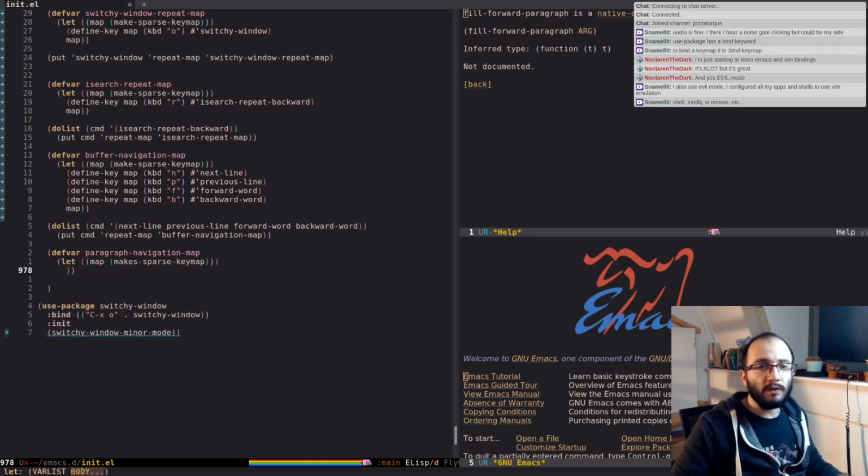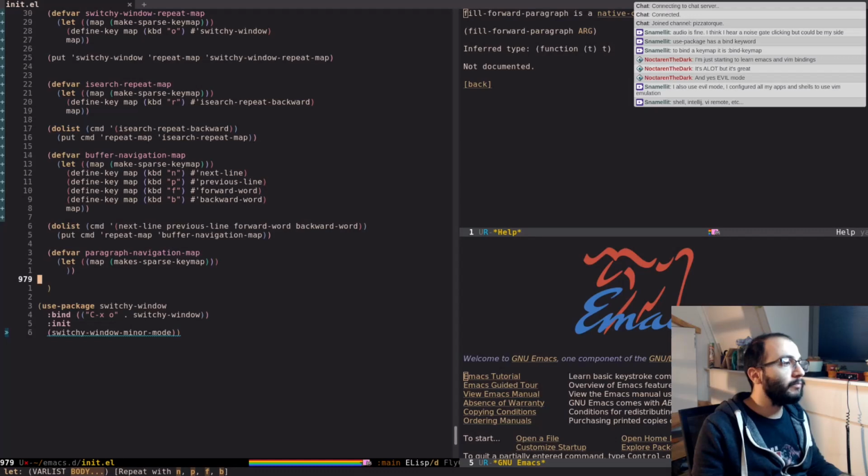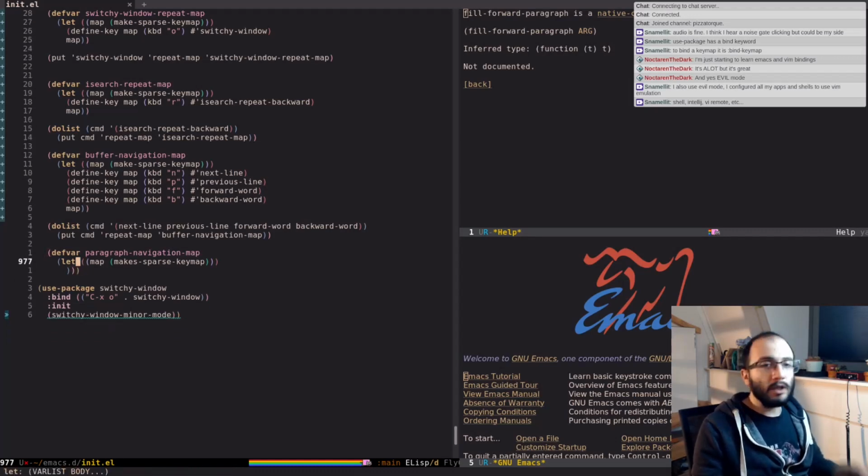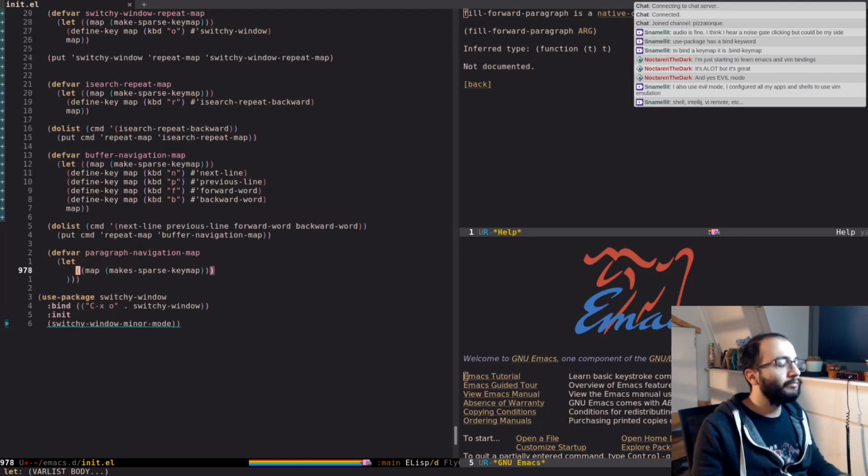Shell, IntelliJ, VI remote, etc. Nice. Nice. Nice. Yeah. Actually, I never got into customizing my terminal shell very much. I used to just use all my bash and all my ZSH. But